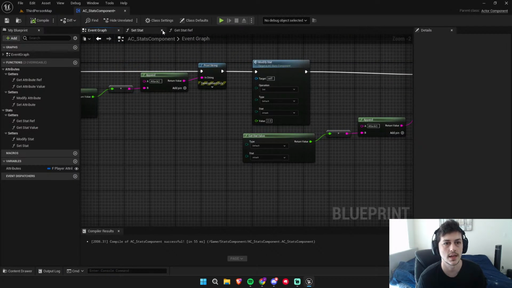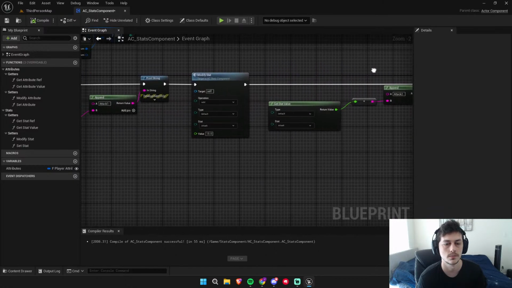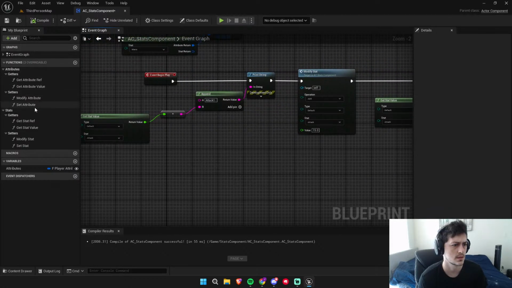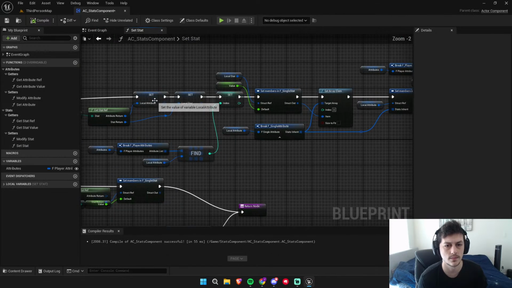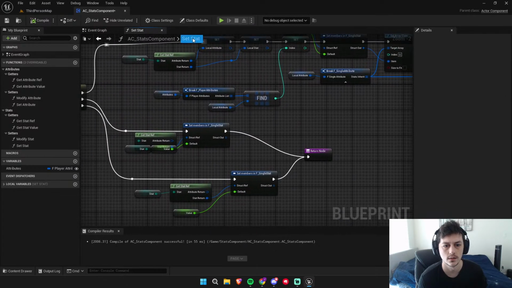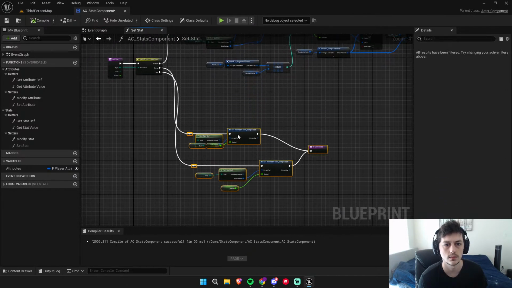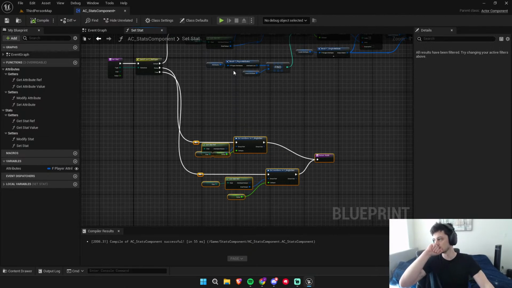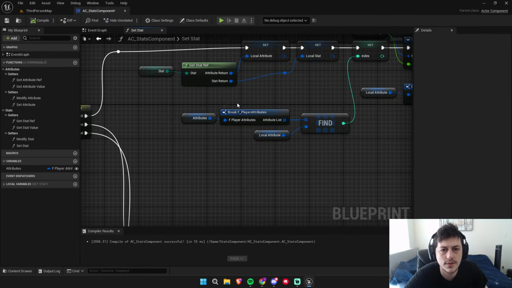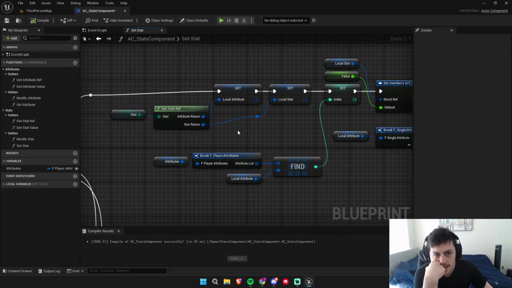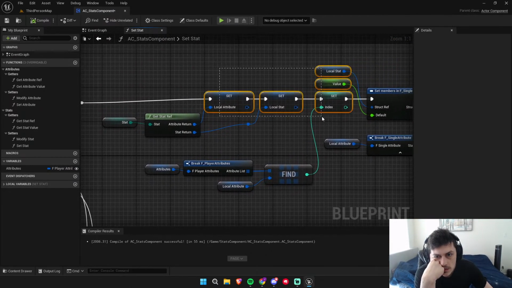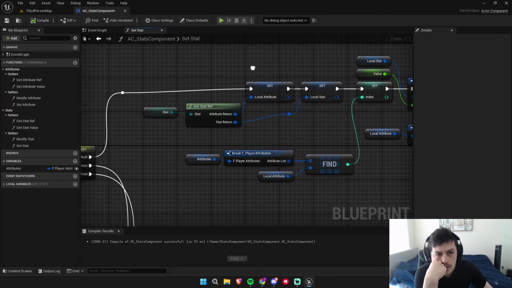Let me close all these tabs though. It's a little bit cluttery. So we were setting the stat. So this horrendous thing worked. But now I want to try to see if I can clean it up a bit, because right now I'm using 3 local variables,